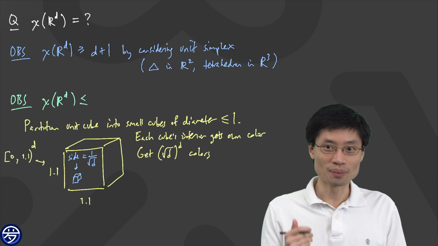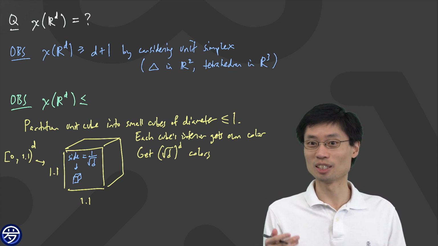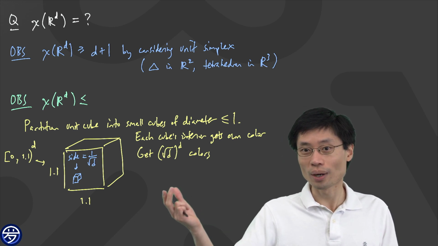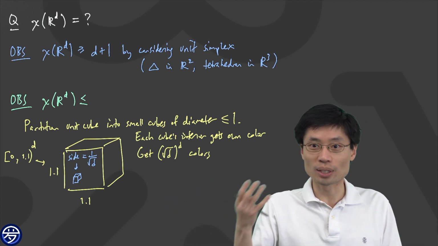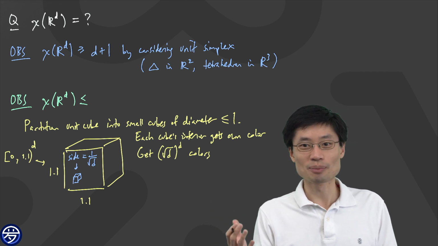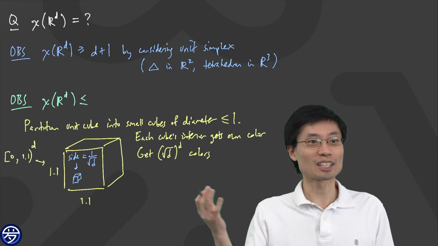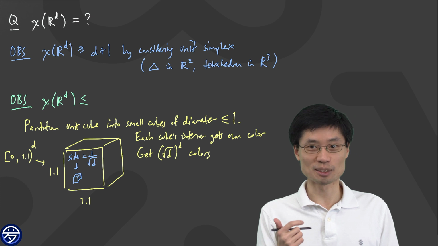Now, Tingwei was hoping to get something like 3 to the d or 5 to the d. And it does turn out that you can improve this bound, and you can actually get an exponential bound instead. So this is not quite exponential. Of course, it has an exponential in it, but what I mean is it's not a pure exponential of something to the d, which would be nice. So the next step is to make some other argument that can also get an exponential bound. Now, the best argument I know to do this is not very explicit.